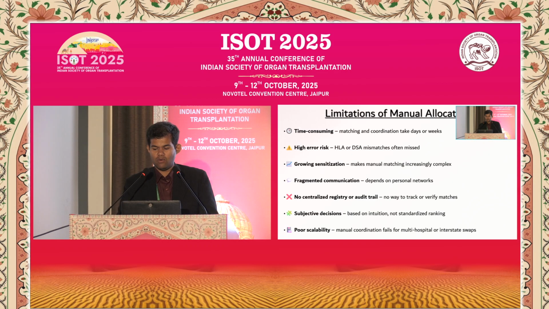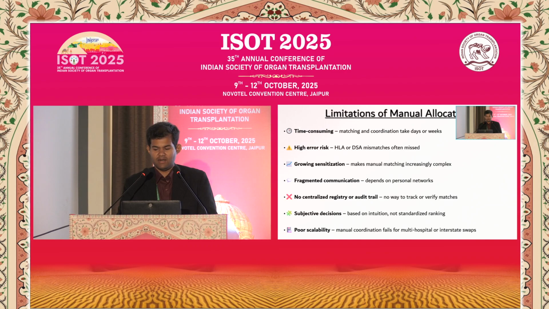The manual process, however, is riddled with multiple limitations. Matching and coordination can take several days or even weeks, and very often the cross-match turns out to be positive and the whole process has to be repeated once again. Errors such as missed DSA or HLA mismatches are not uncommon, especially when the data is exchanged informally. The system works when the numbers are very small, but as sensitized recipients increase and intercity collaboration grows, manual coordination